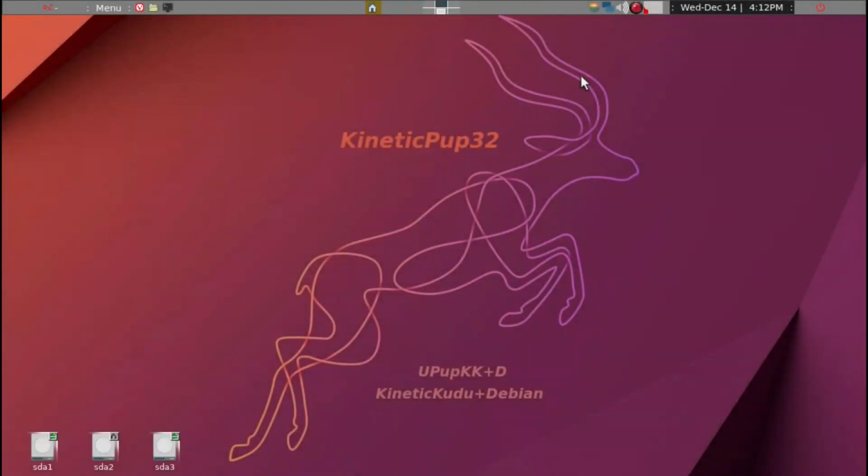My favorite terminal in Puppy Linux is urxvt. It is installed in every Puppy Linux distro that I know of, yet more modern, or recent distros I should say, seem to hide it. So for example, in Kinetic Pup32, which is what I'm running here for this YouTube presentation,